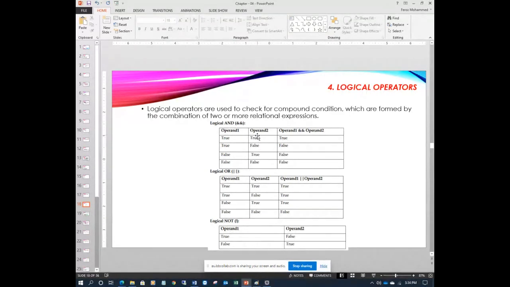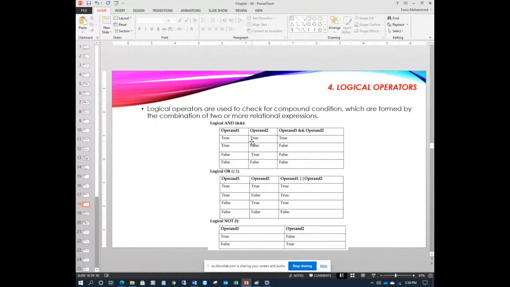Here true, true gives true. True, false gives false; false, true gives false; false, false gives false. So this is the logical AND operation. To memorize: if one of the conditions fails, the whole condition fails.